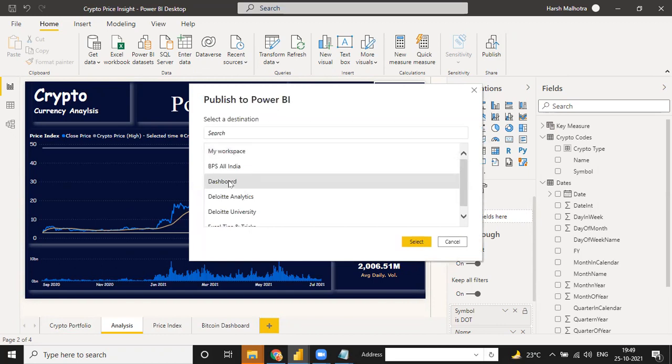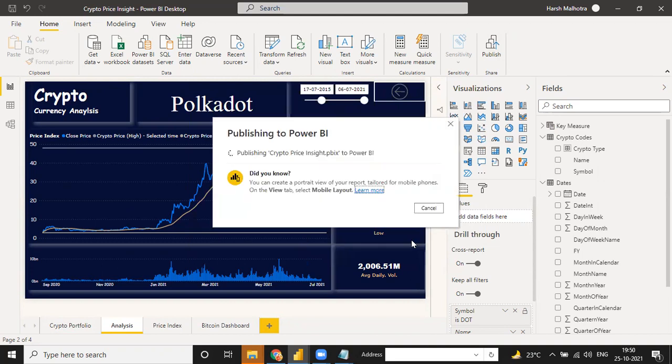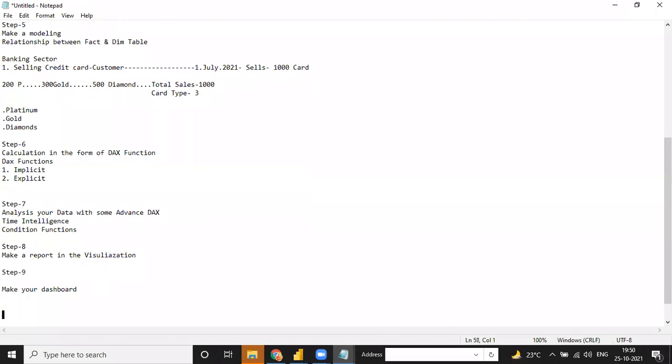So if I make this report into my dashboard, it will be directly published into my dashboard. And when I share this report only for this currency, this is known as a complete dashboard for this currency. Otherwise, in Power BI desktop, we are just making reports. When you publish a report into Power BI service, it is called a dashboard. So this is the difference between reports and dashboards.